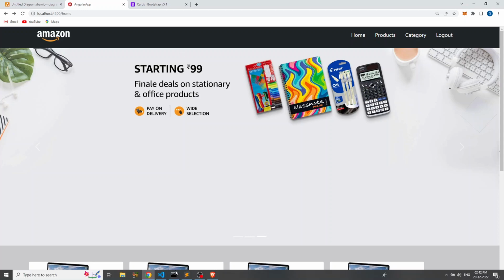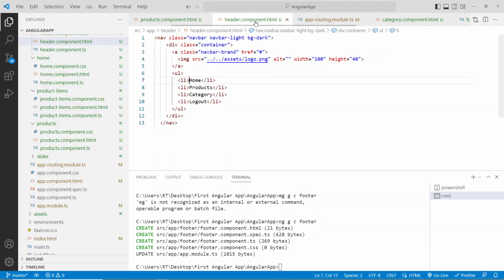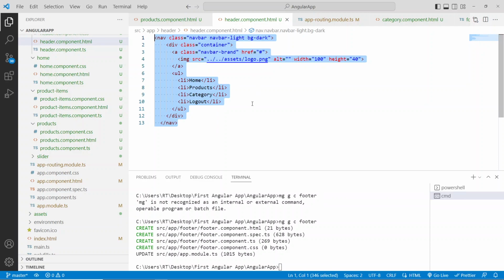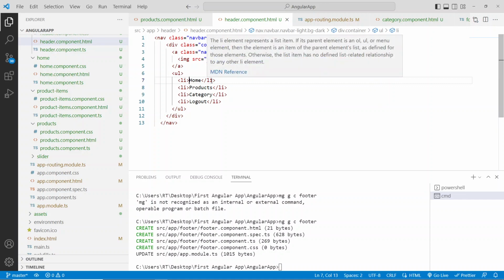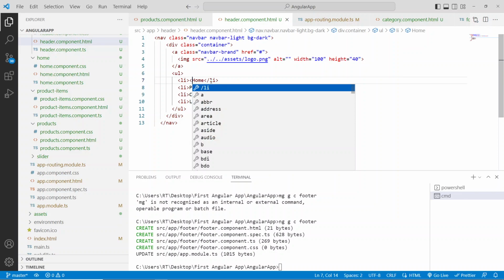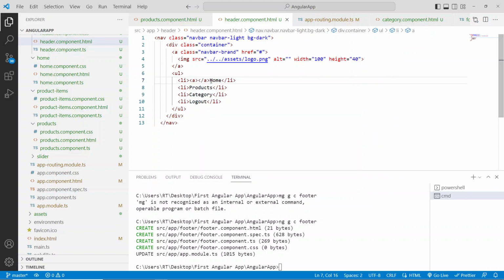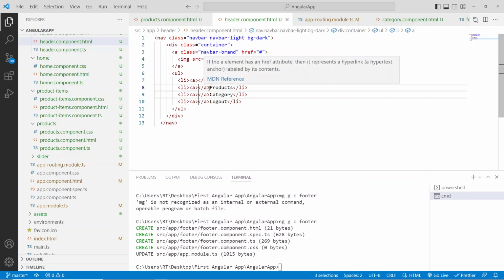Okay. So redirect to your code, and here we have header.component.html, because for the navigation bar itself we have created a new component, right? So now let's include an anchor tag first. When you click on products, category, logout or home, this has to redirect, right? So now we'll use an anchor tag over here. I'll just copy this and paste it over here. Okay, paste it, and